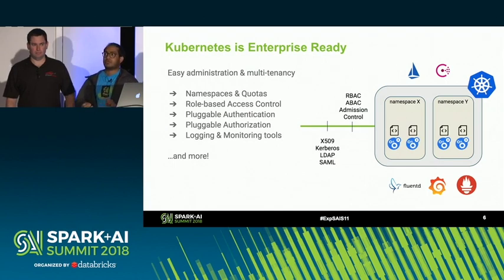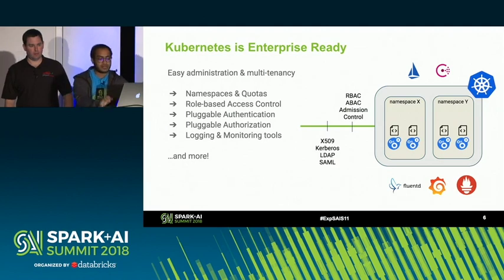You want to be able to say who has access to what kind of resource and what they can do with it. So it's features like this, and of course, a lot of these features are pluggable, like the authentication and authorization mechanisms. The ones that you use in your enterprise could be made to work with Kubernetes because these mechanisms are pluggable. And there's a whole host of logging and monitoring tools out there as well that are open source and can be used right out of the box.